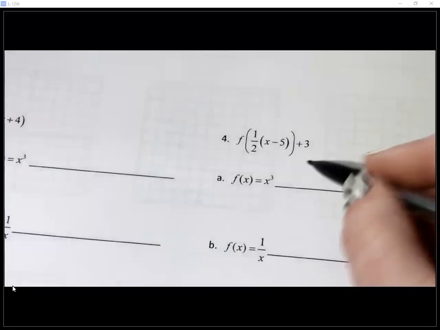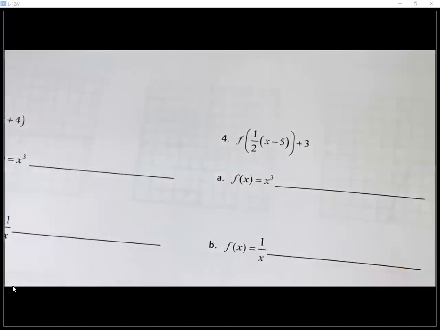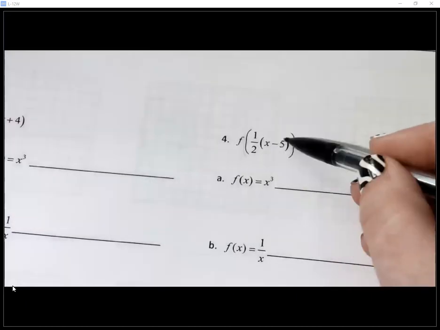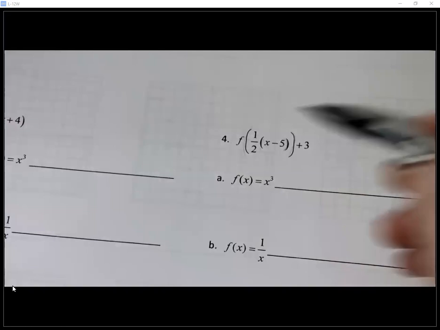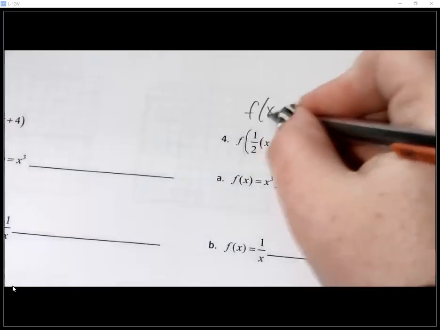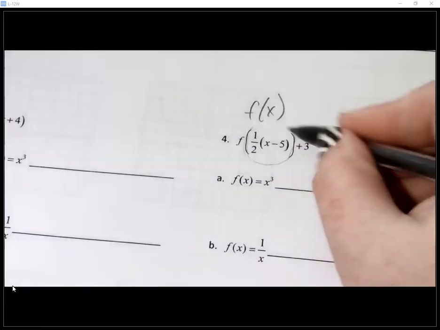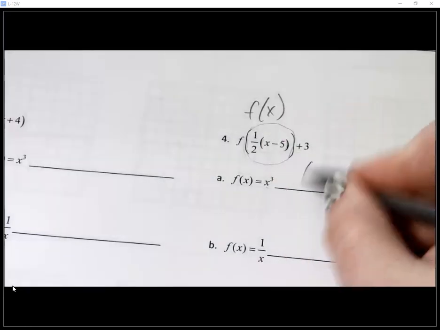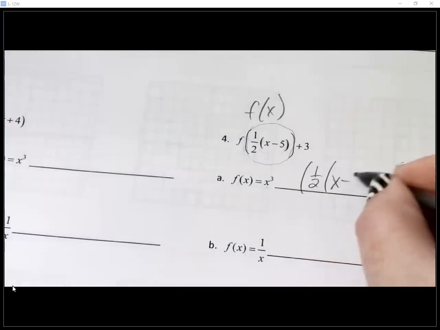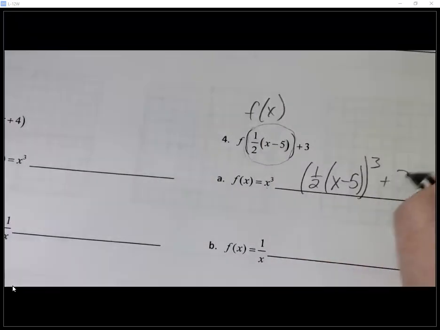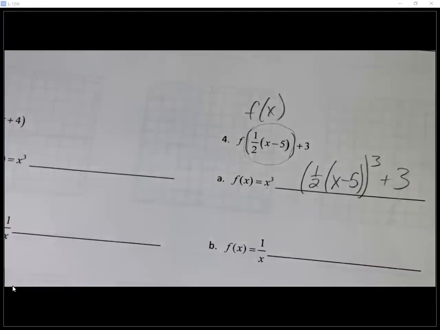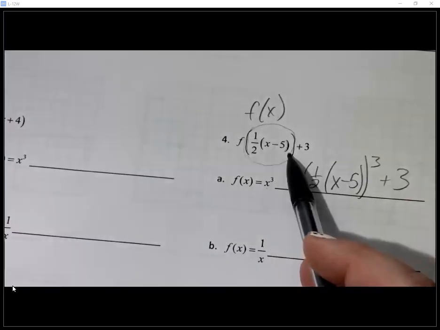So it depends. Who's getting cubed? All of this or just this? So see how it's normally f of x, right? Whatever is in there with the parentheses is happening to the x. So all of this, if I want to put it into x cubed, all of that's getting cubed. So it'd be 1/2 x minus 5, all of that cubed, and then a +3. Whatever is inside the parentheses right after the f, all of that gets dumped into wherever the x is